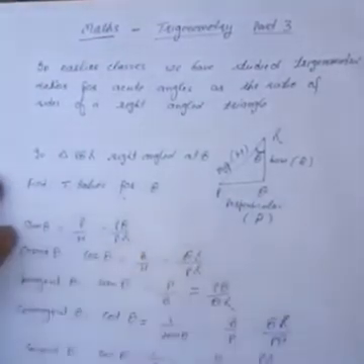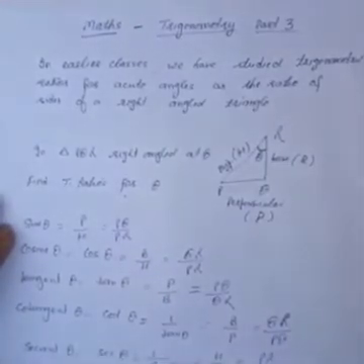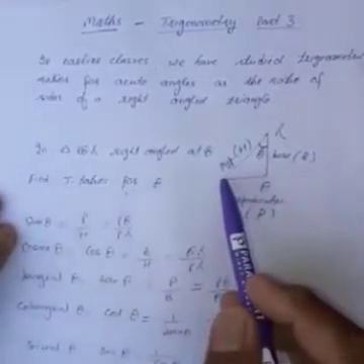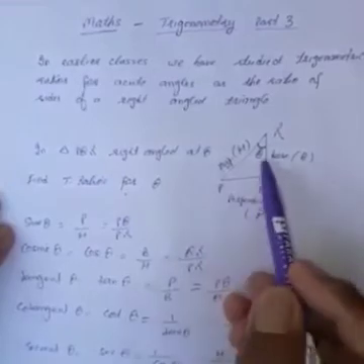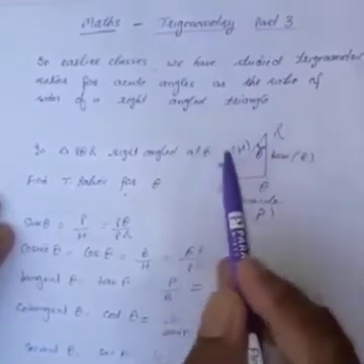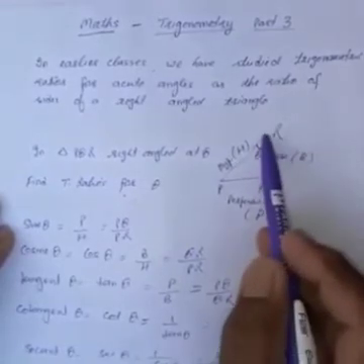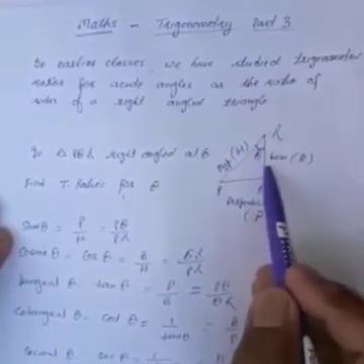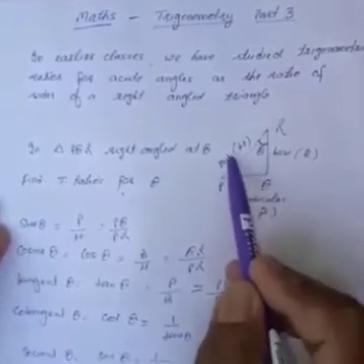In previous classes we have studied the trigonometric ratios for acute angles as the ratios of the sides of a right angled triangle. So, a quick revision about that. Now consider a right angled triangle PQR, right angled at Q. If we are considering the trigonometric ratios for this angle theta, this QR side will be the base because the angle is on this QR side, and PQ is perpendicular and PR is hypotenuse.